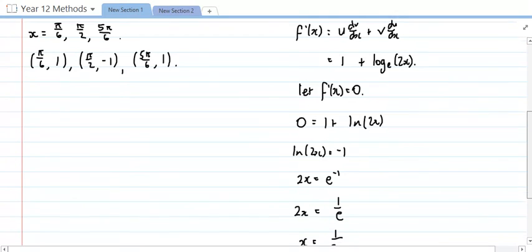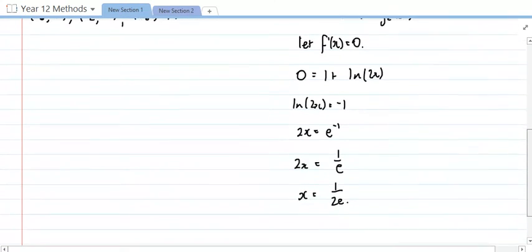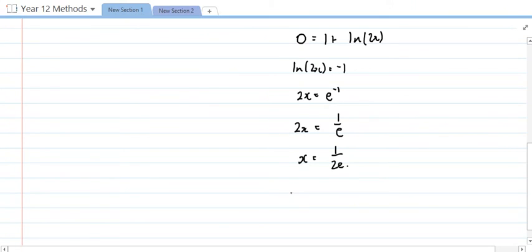When x equals 1 over 2e, we need to substitute it back into the original equation. I'm going to run out of time again. Anyway,